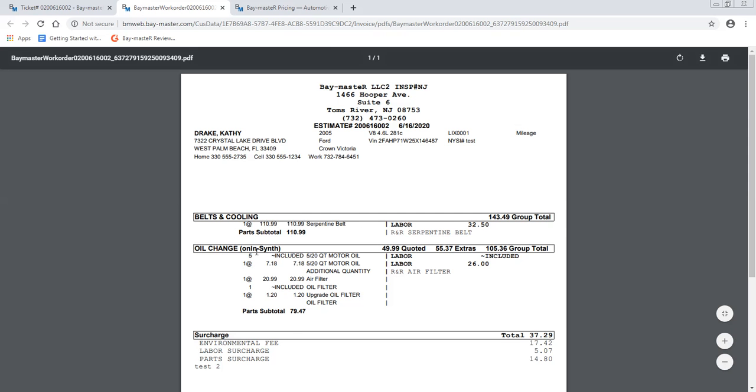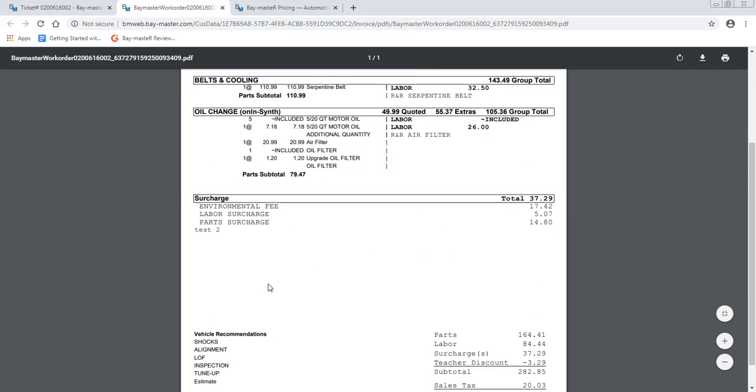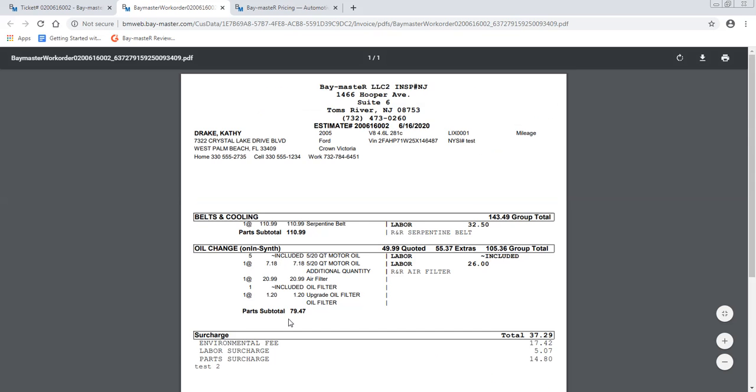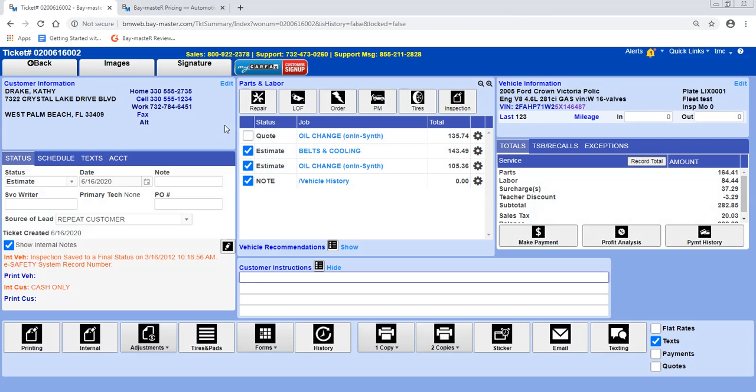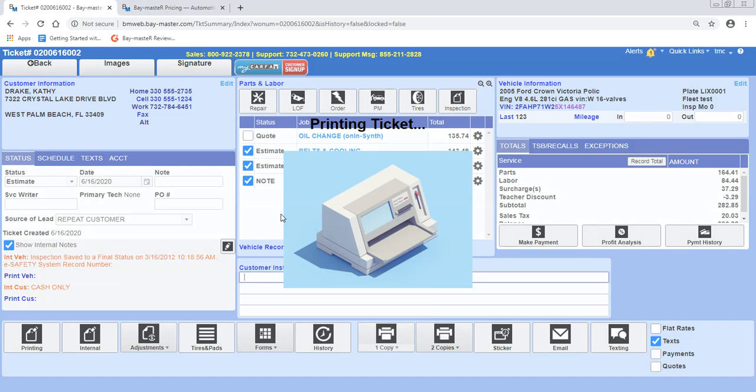You have your different work groups broken up. You can choose to have the surcharge print like its own work group, or just down in the corner in the total section. Any vehicle recommendations will print. Any customer instructions that they had would print up here. And that's that. Oh, that's what I wanted to show you. So now up here, because the ticket status is set to estimate,